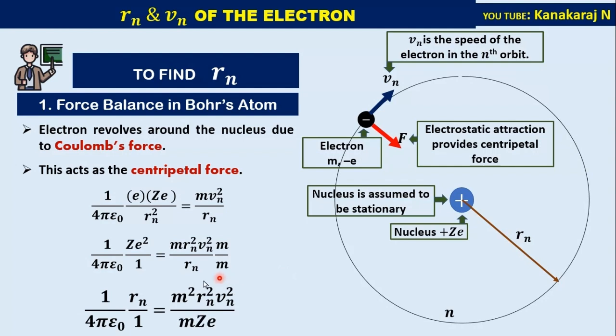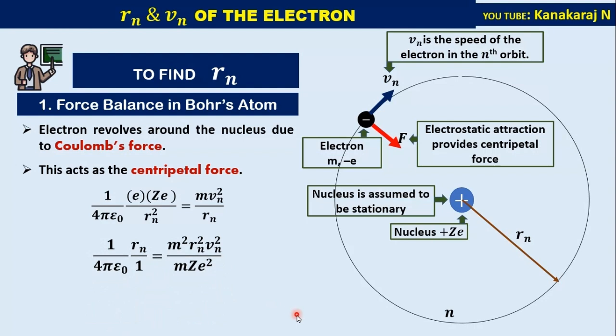The Rn in the denominator of the right hand side has gone to the left hand side, and on the left hand side the Ze squared has gone to the right hand side denominator. So from this equation we get m squared Rn squared Vn squared. This is angular momentum squared. So m squared Rn squared Vn squared equals Rn squared multiplied by m Z e squared divided by 4 pi epsilon naught. Now let us go for